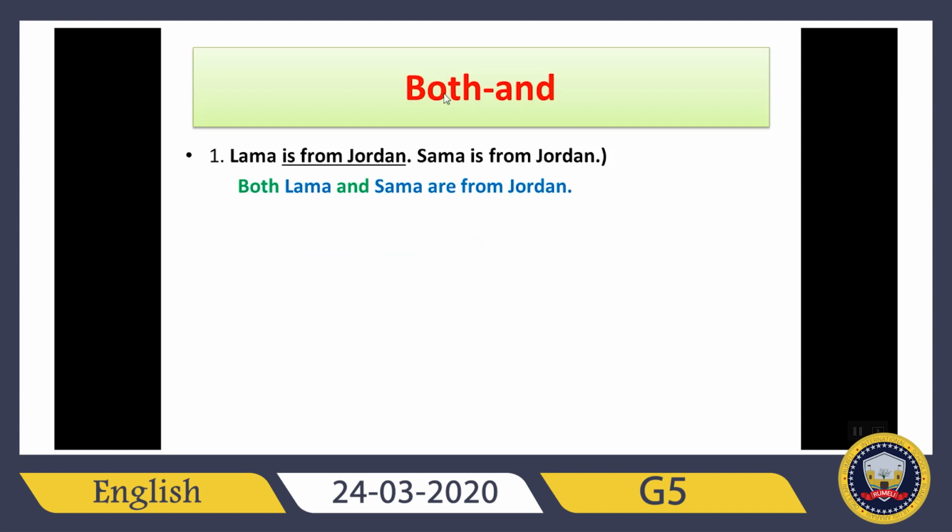So again, when we want to join two sentences together with both and, we must first look at the subjects. If they are different, then we must omit all the words between them, put both before the first subject, put and before the second one, and change the verb from singular to plural, is to are. Now another